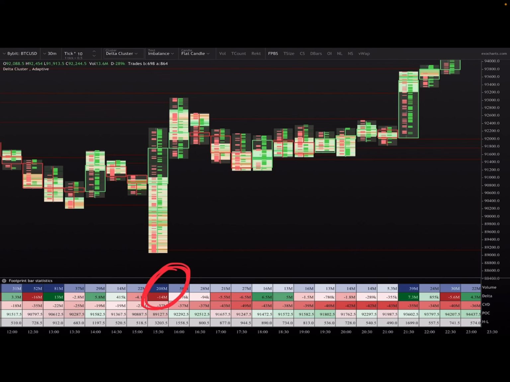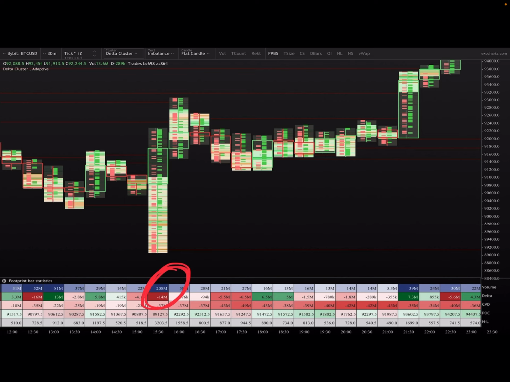Now, for you, here is an example of when we were taking those $90,000 lows, I think, earlier this month. What happened in this move is you can see that the delta and the CVD were moving down heavily. We saw $200 million of volume, but the price was not pushing down. So even though more shorts were coming into the market from retail, the price was not going down because there was a big player buying back those orders.